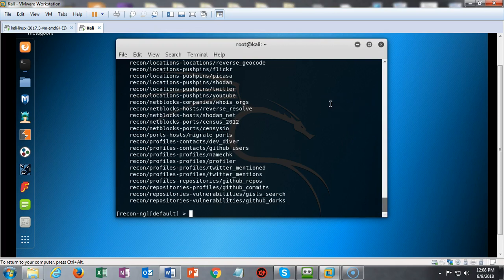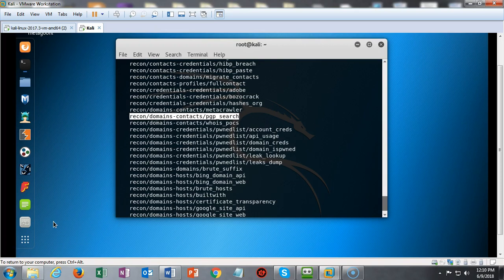There's a lot of information here that can be pulled up using all of these different Recon modules. But we're going to concern ourselves with just the contacts. A lot of companies use PGP to encrypt their emails, and this is a pretty good program for doing that. But if the contacts list and the username and